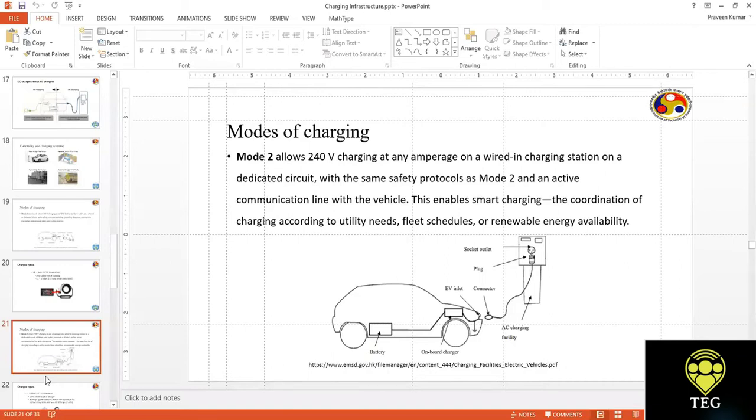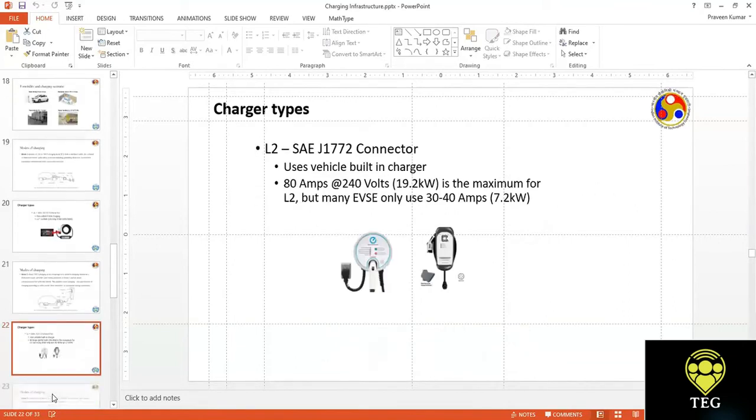And if the solar generation or the renewable generation is higher, then it would take more power from that and less from the grid. So all this kind of coordination is feasible once we have a mode 2 charger. So if you see the major difference between mode 1, the previous one, and mode 2 charger, then the difference actually lies in the control algorithms and the way the coordination between different sources of energy, the grid, and the fleet is done. So it's more of a software enhanced charger, the mode 2 charger.